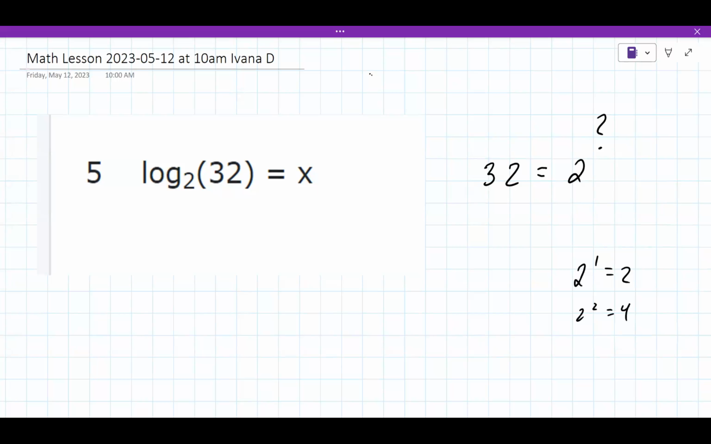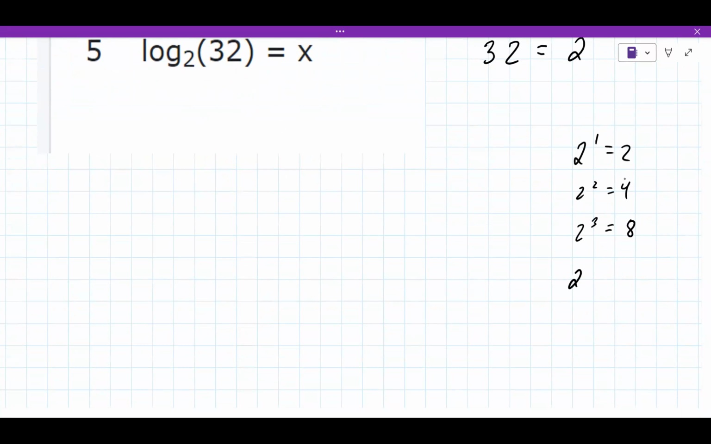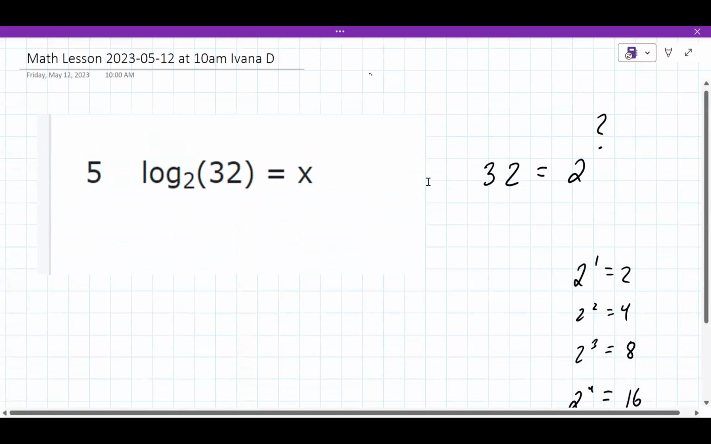No, I don't. Let's keep going here. What's 2 to the power of 3? You're doubling. It would be 8. And then 2 to the power of 4? 16? Okay. And then 2 to the power of 5 is? 32. Good. So we know that the 32 right here can be written as 2 to the power of